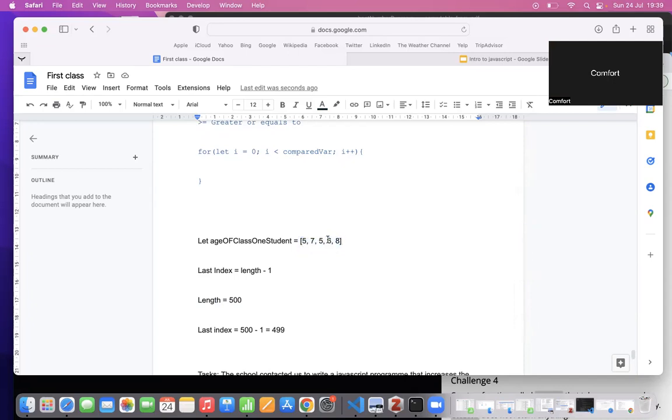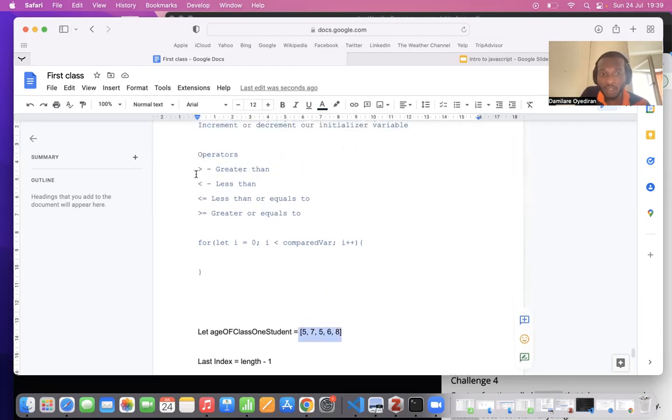We don't want our loop to go over more than the number of students in the class, right? So we always compare to the length of that array. Which one do we use, less than or equal to? We don't want to use greater than, because